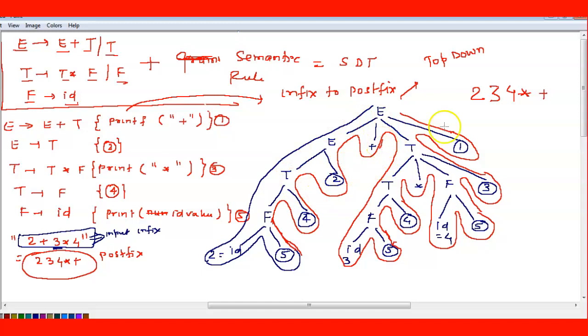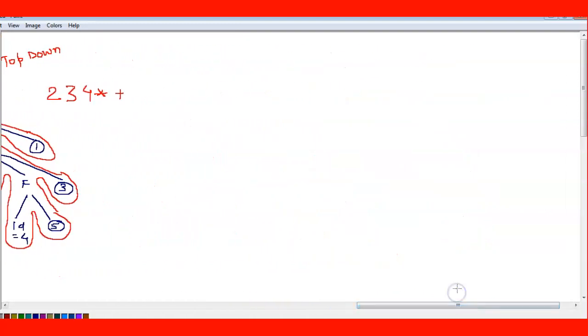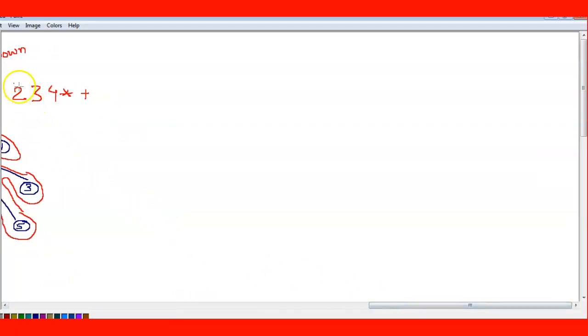So now while parsing, we keep in mind that whenever a reduction happens, go to the grammar, go to the rule and perform the action. Any doubt till here? So now we'll see one more example. Consider this one is given. First we will learn, if any grammar is given, how to perform the rule. Then we'll learn how to design the SDT.